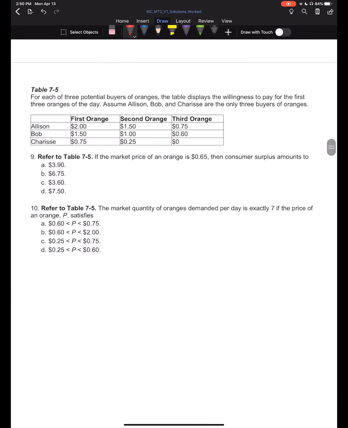All right. For each of three potential buyers of oranges, the table displays the willingness to pay for the first three oranges of the day. Assume Allison, Bob, and Charisse are the only three buyers of oranges. So if they're the only three buyers of oranges, then we don't have to worry about anything else. They determine the market. They determine how much to buy based off of the market price. So if the market price of an orange is 65 cents,